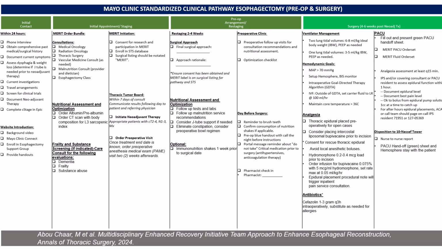This is an example of the Mayo Clinic standardized clinical pathway for esophagectomy as published in the Annals of Thoracic Surgery last year. The goal here is not to show you each detail of the care pathway, but to make sure that you understand that every decision was debated heavily with the different members, and bifurcated answers were offered when two options were appropriate. We discussed the level of evidence behind each decision that was made and used this to make sure that we developed order sets, care pathway reminders, and phases of care to ensure that all members of